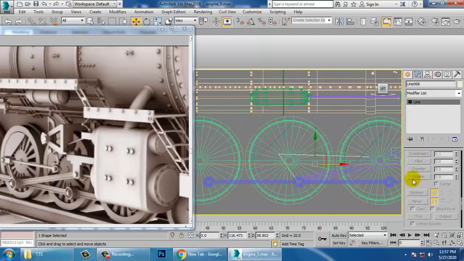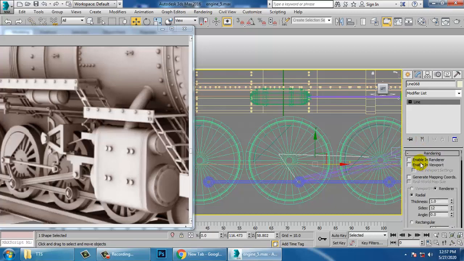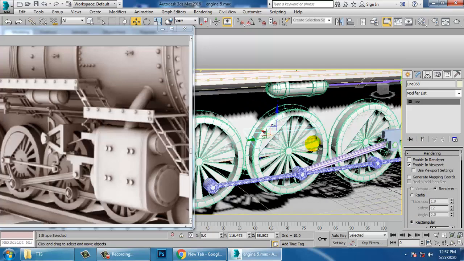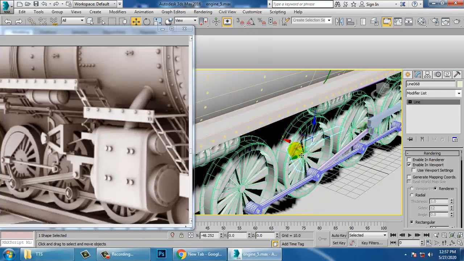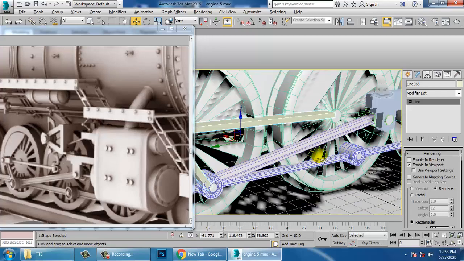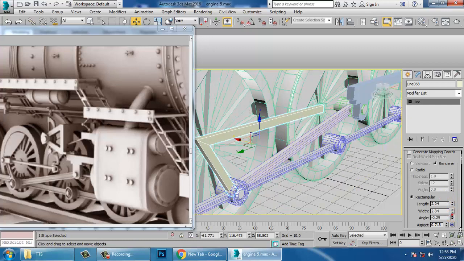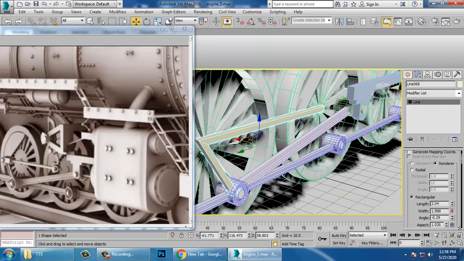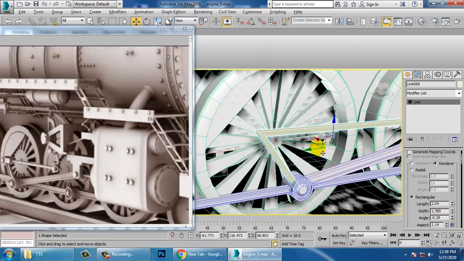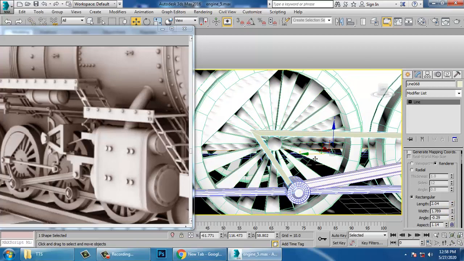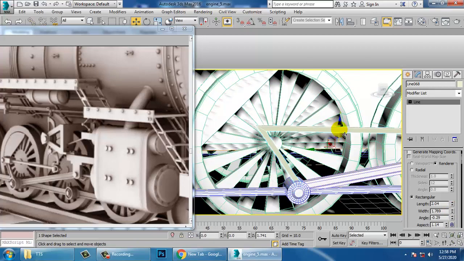Again you can go into rendering, enable in viewport and make it rectangular, and increase its width, which should be very less, not much. Just push that a bit up.